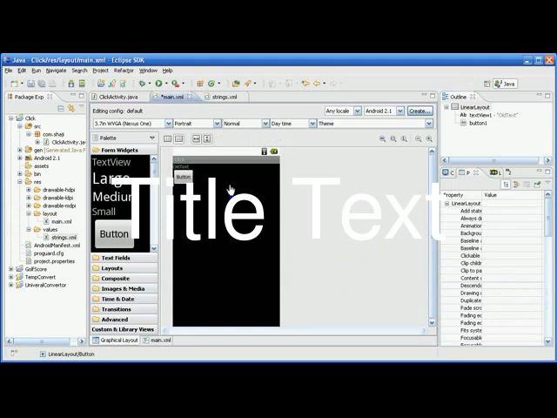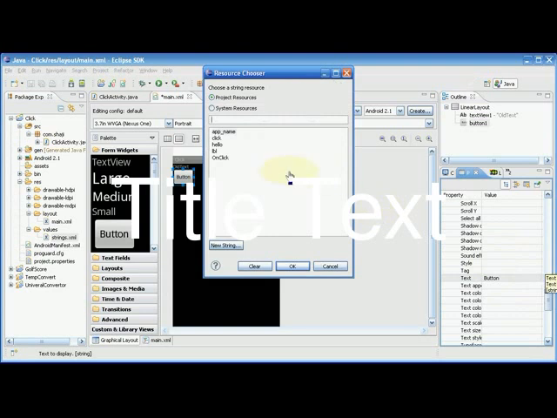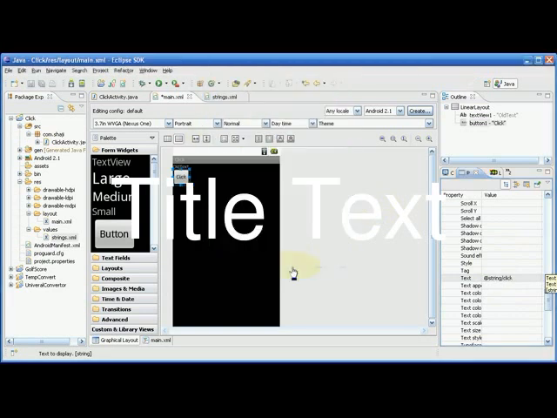So now the button, the properties of the button. The ID for the button is button1, and the text is button, which I am going to change to click. Text is click, and while clicking the button,